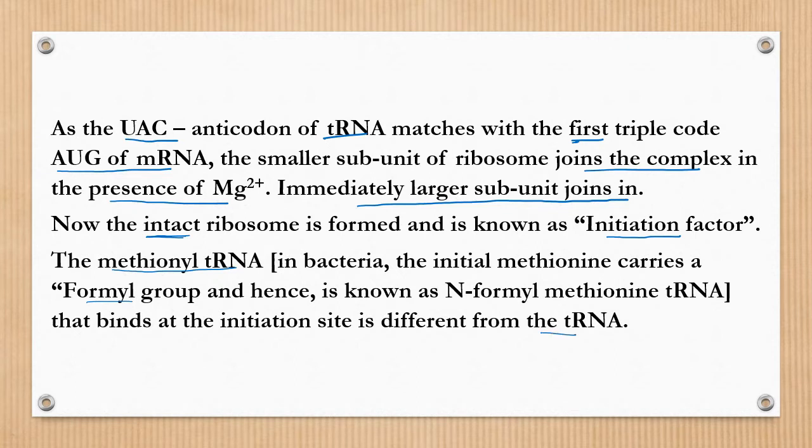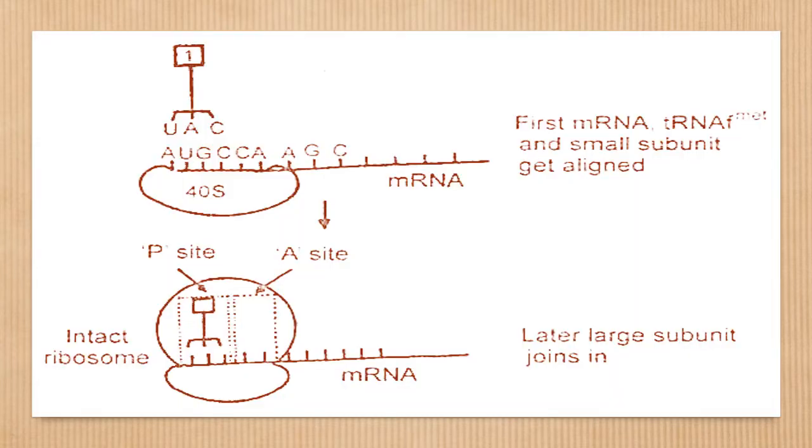The methionine tRNA that binds at the initiation site is different from the other tRNAs. So this is the representation we discussed in previous slides. Now the mRNA has a triplet codon, AUG. When it matches with the tRNA molecule, the tRNA matches with an anticodon,